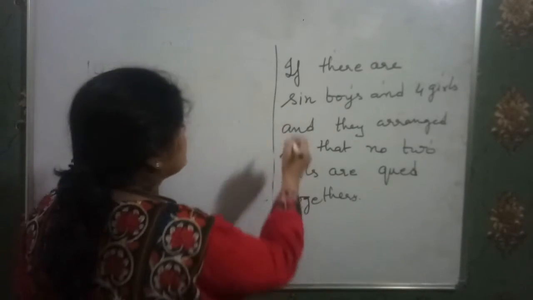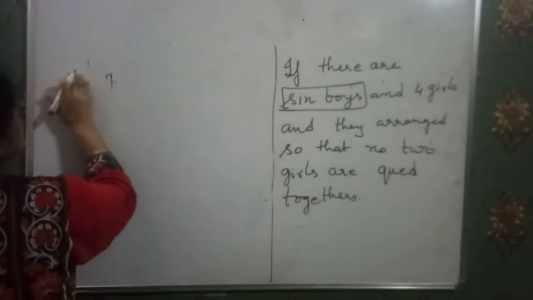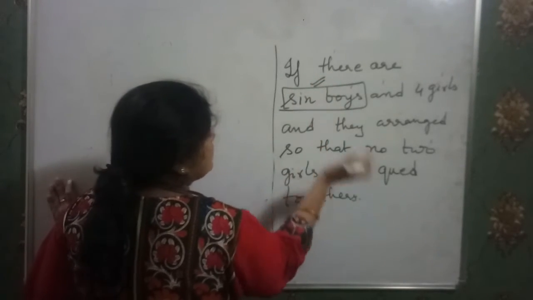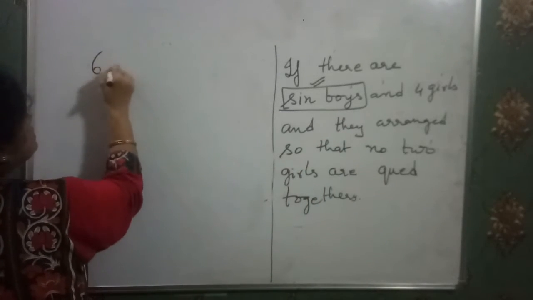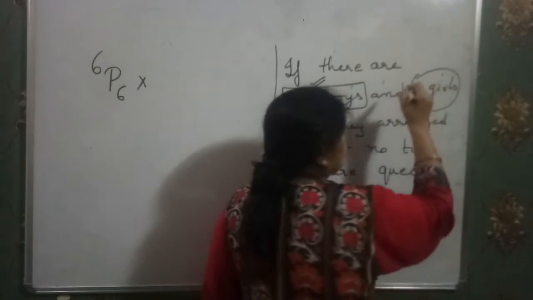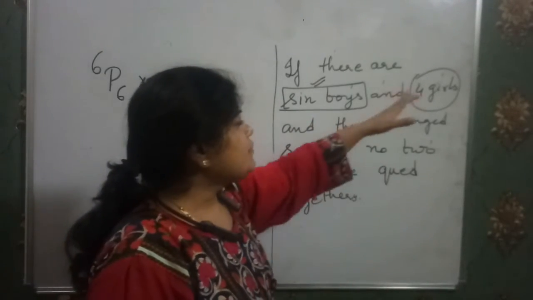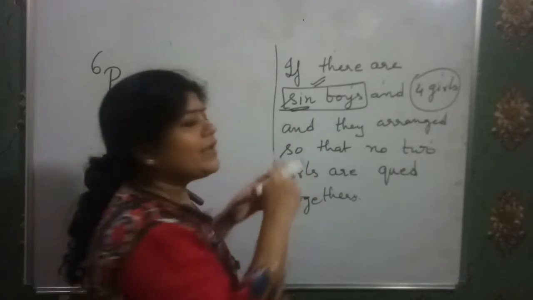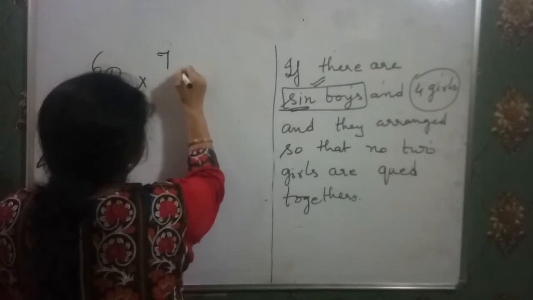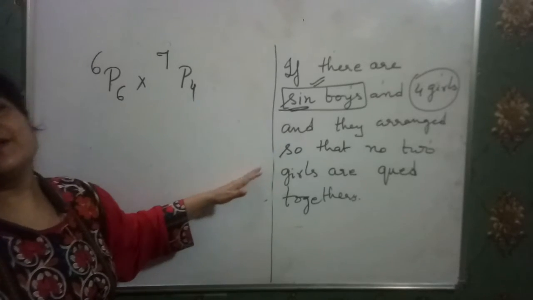In this case, we have 6 boys. Clear? So they can be arranged in factorial 6 ways. The persons who are not affected by the conditions, we solve just in this way. And now we have 4 girls. They are arranged in between the boys so that no 2 girls are together. For that, we have 6 boys, so 6 plus 1, 7 places. That means we have to solve 7P4. In this way we got the answer for that question.